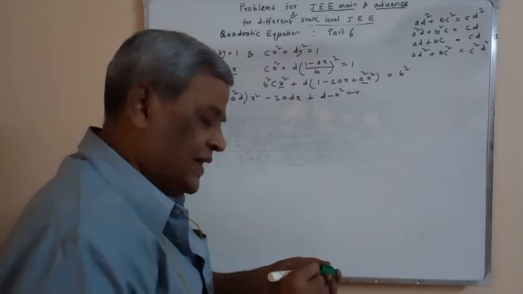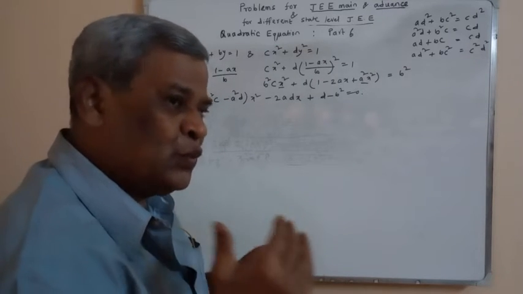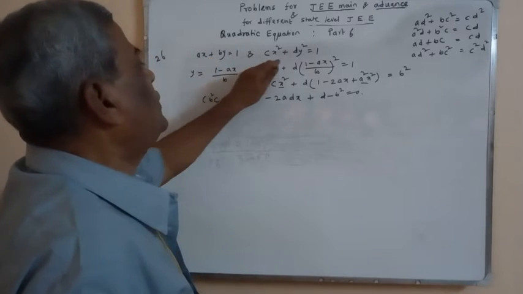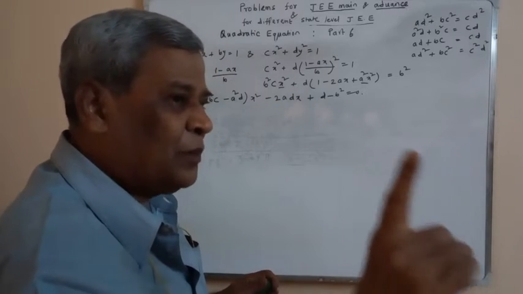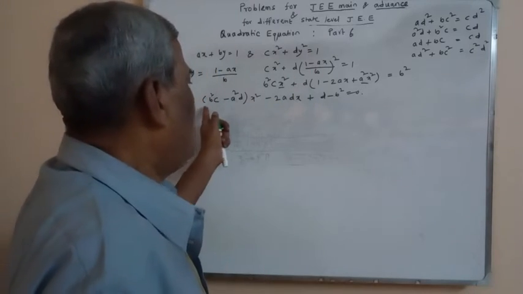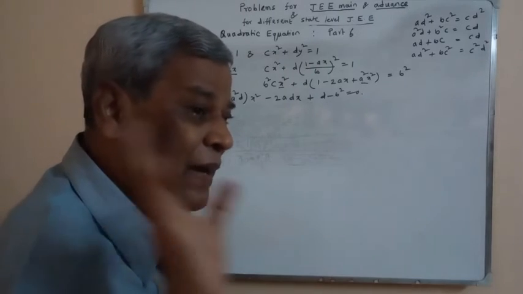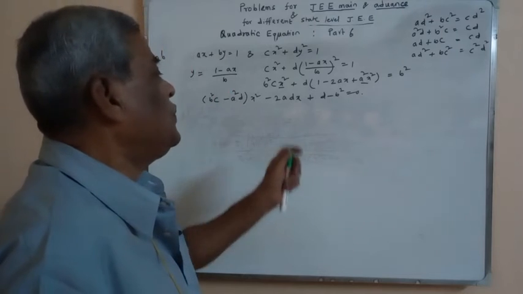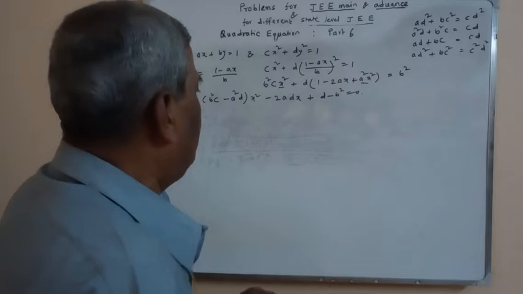This is a quadratic in x. So in general, it has two solutions. But given that these two equations have one set of solution, from here it must have one value of x only. It means that this equation has equal roots,